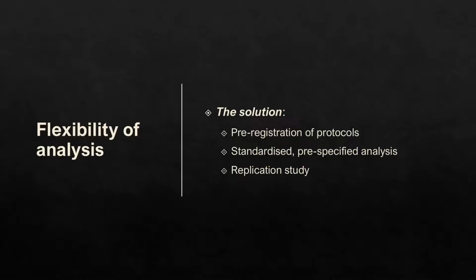And so it's more difficult to deviate from something that's already out there in the public domain. Or you could do a replication study to make sure that the previous results are not false positives. Also, journal editors should not focus only on publishing significant results, because authors are forever trying to